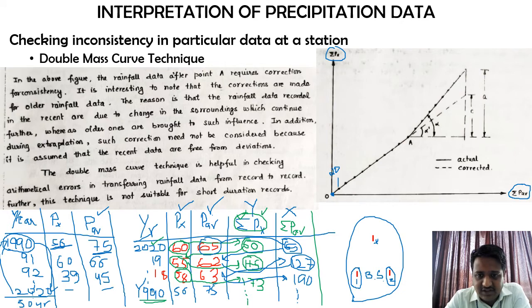Okay, so for this 2020, what is the x ordinate that we have? So x ordinate is nothing but what? Sigma p average. So sigma p average over here is how much? 65. So x ordinate for the first point, that is for the year 2020, it is 65. Now similarly, the y ordinate for that, which I am going to write over here, that is nothing but what? 60.